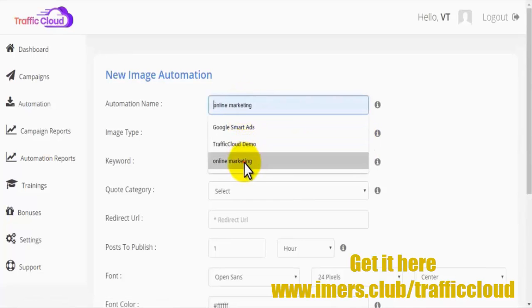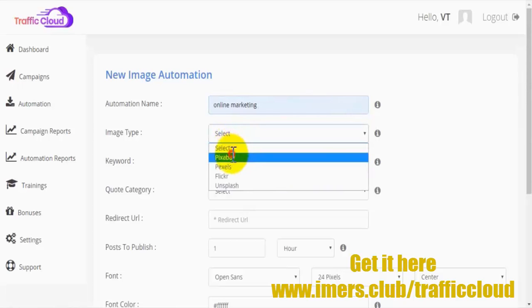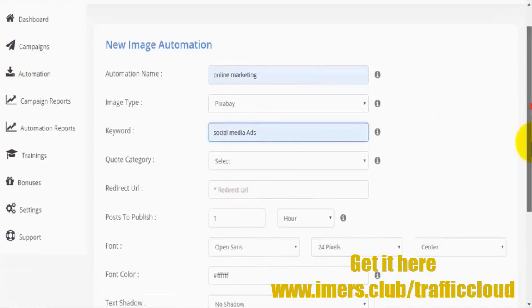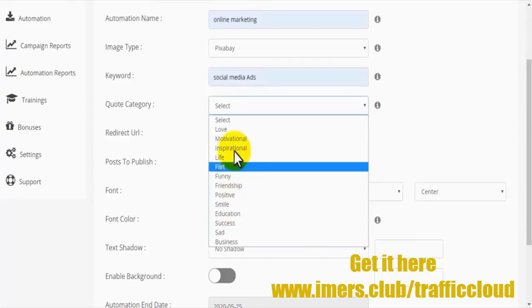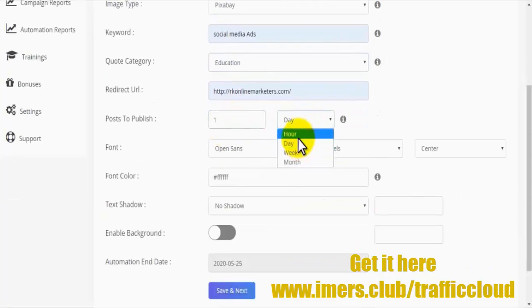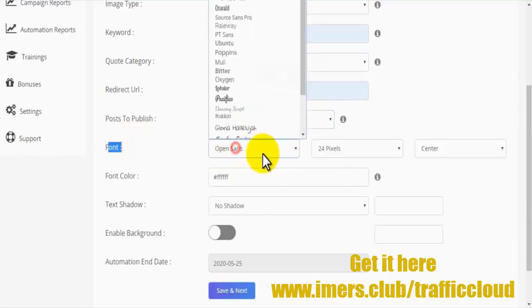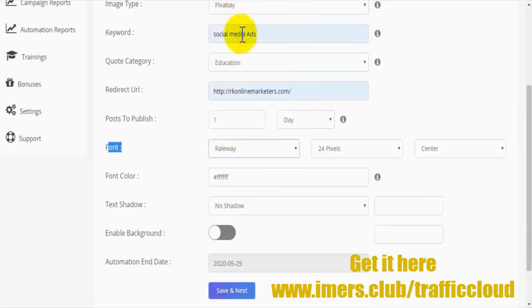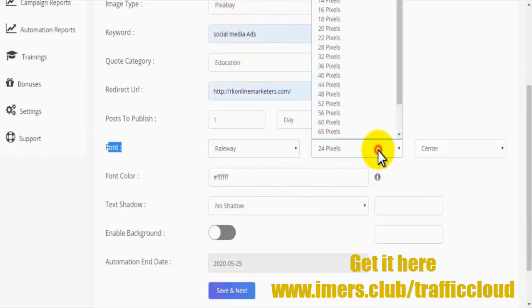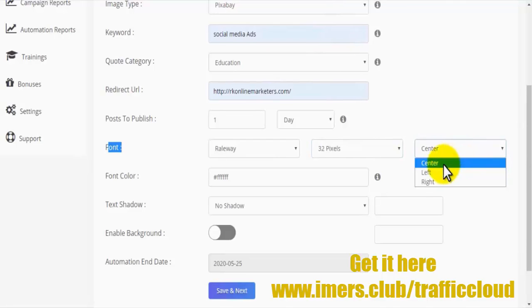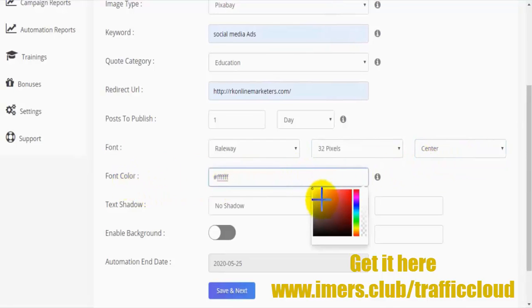And just like we did before, we give the automation a name. We're going to choose a source where we're going to pull those images from. We can give it any keyword we want, and then we can choose a quote category. So it's going to kind of randomize quotes based on that category. The redirect URL, you can send that traffic anywhere you want. Choose how often you want Traffic Cloud to publish it for you. So we'll just say one per week right now, or 1 per day, sorry. We'll choose the font, choose the size, choose where you want it, pick the font color,